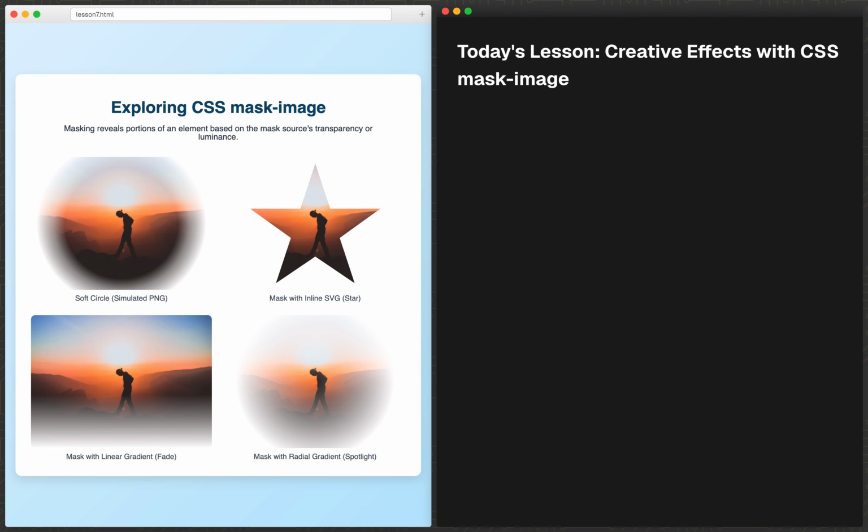Today's lesson: Creative Effects with CSS Mask Image. Today, we'll unlock the creative potential of the CSS Mask Image property. You'll learn how to